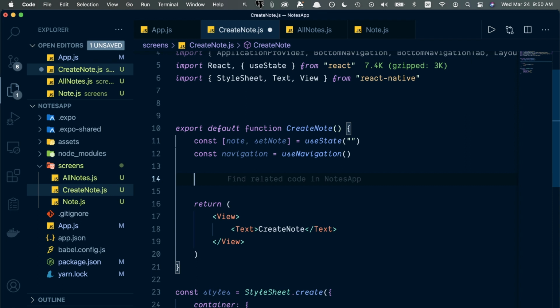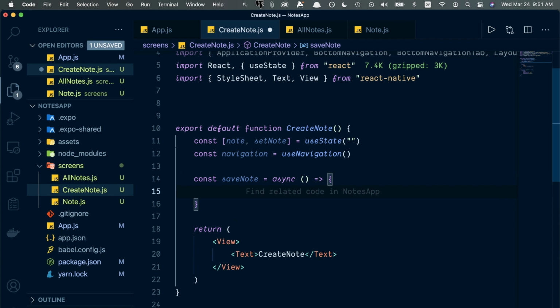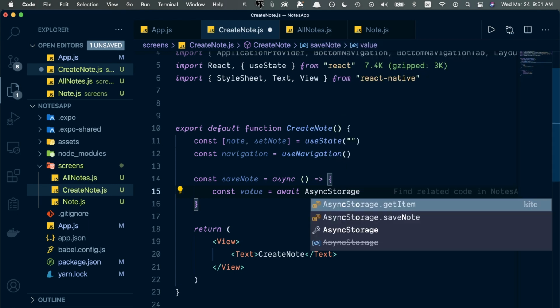So in order to do that, let's create a function. So we'll go const save note like this. And this is going to be an async function like that. And let's go and open up some brackets. And this is where we're going to use async storage. So in order to get an item, we're going to go like this. So this is how we save in our storage. So we'll go const value, and that's going to be equal to await, and we'll say async storage dot get